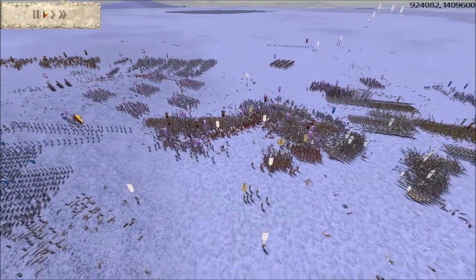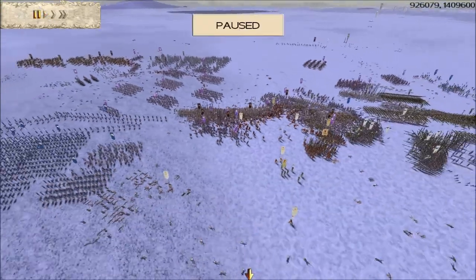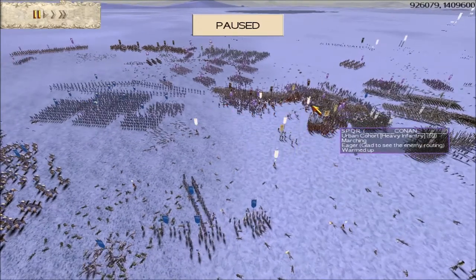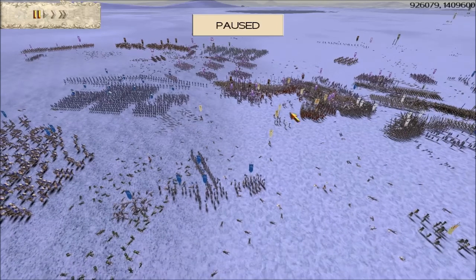So, bad news for us. Just going to pause the game for a second. After a fierce fight, our left centre has now been broken. Steve held really well there against the numbers and type of troops he was fighting, but our left centre has now been broken, and make no mistake, the enemy could pour through that gap now and either go round